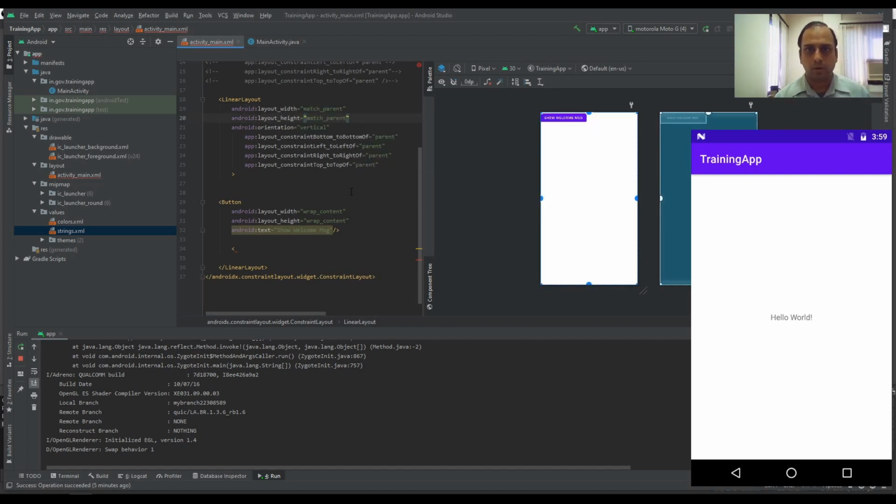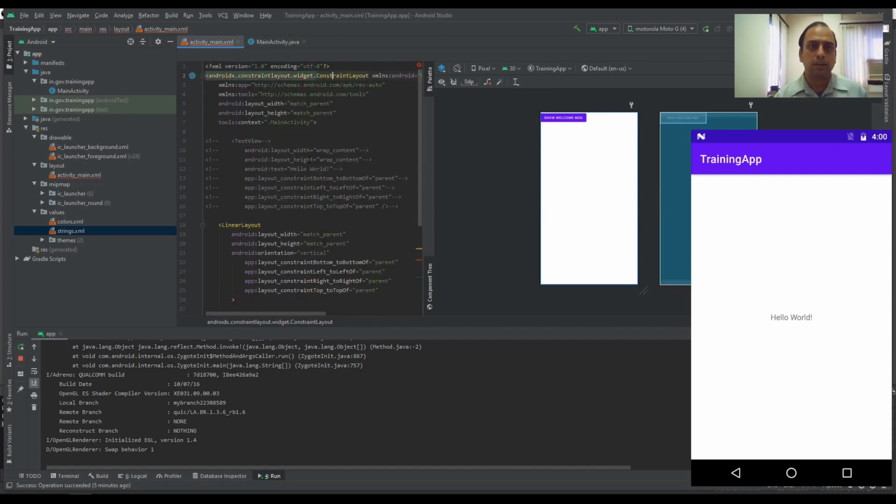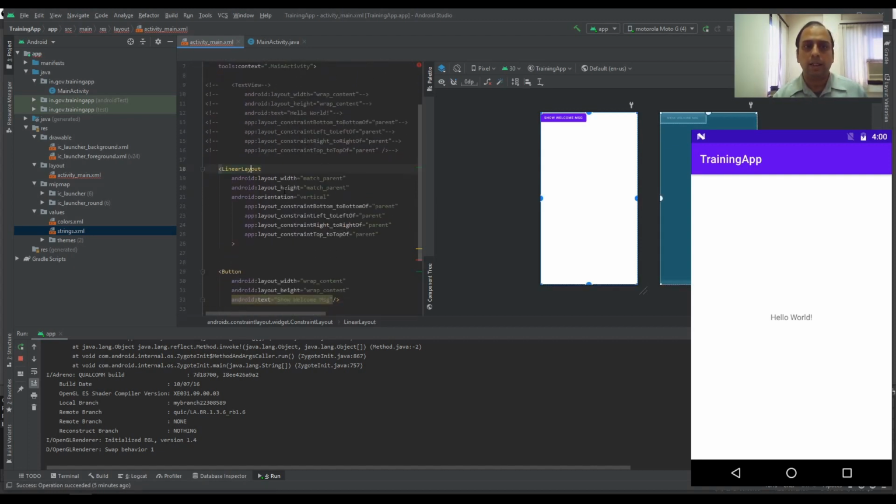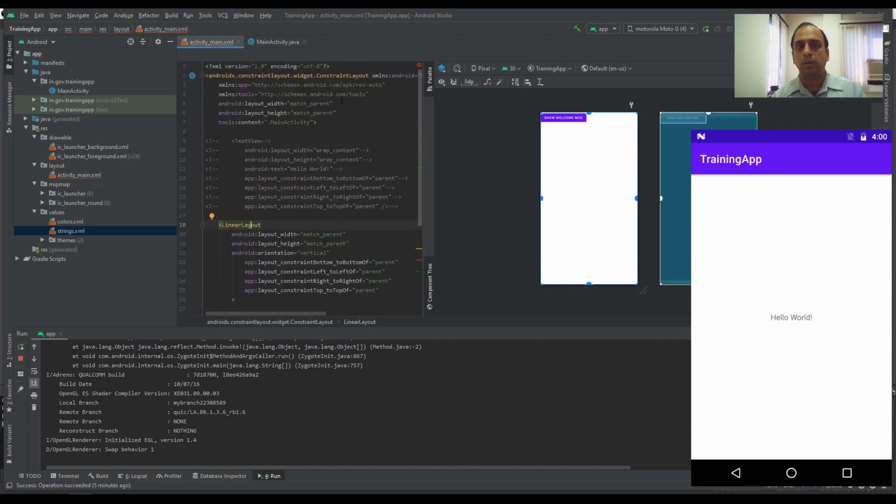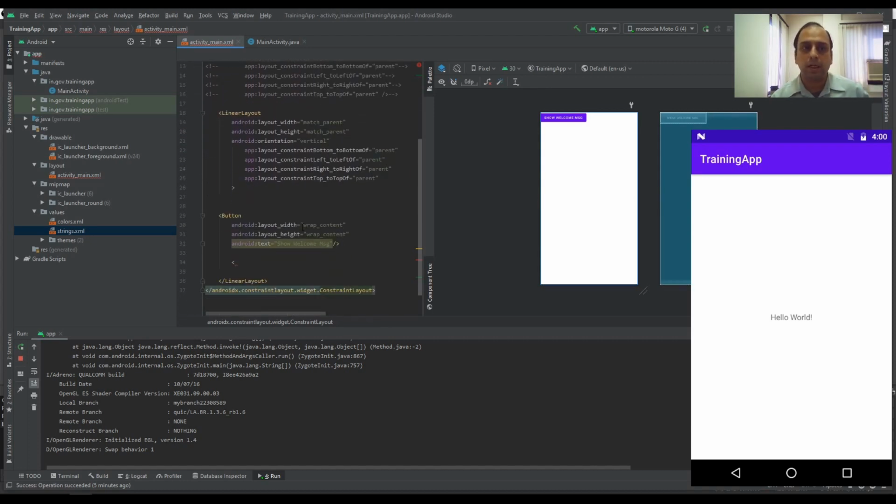Now we have a linear layout with dimensions equal to the parent. The parent is this constraint layout, and within this linear layout I have a button whose dimensions depend on the content, that is wrap content.